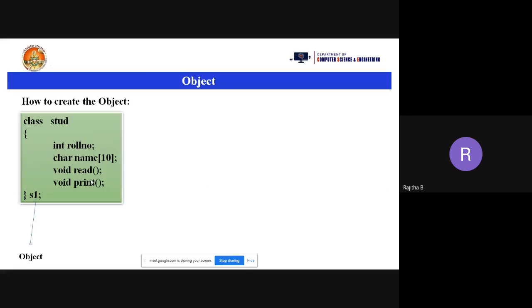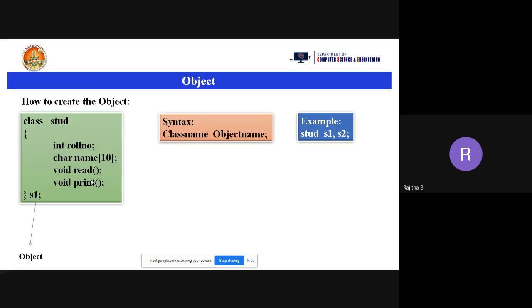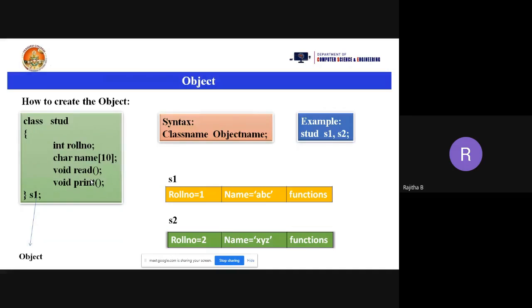Now see this one. We are creating two objects here. S1, this is the memory. And for S2 also, the memory will be allocated separately. S1 has its data members and member functions, and S2 has its data members and member functions. S1 has separate data, roll number equal to 1, name equal to ABC, and functions. S2 also has separate data, roll number equal to 2, name equal to XYZ, and print and read functions.